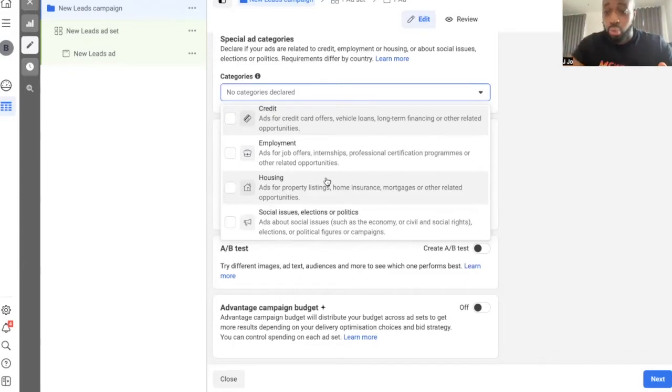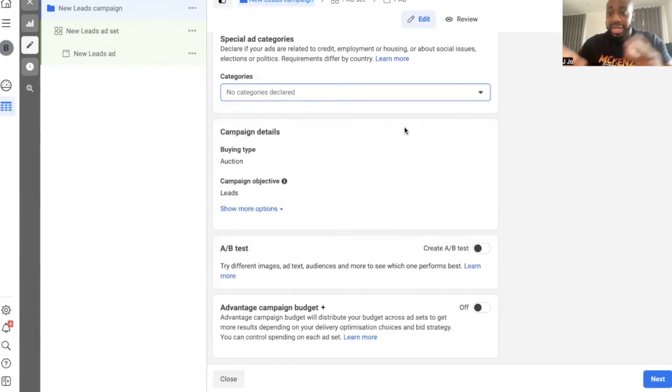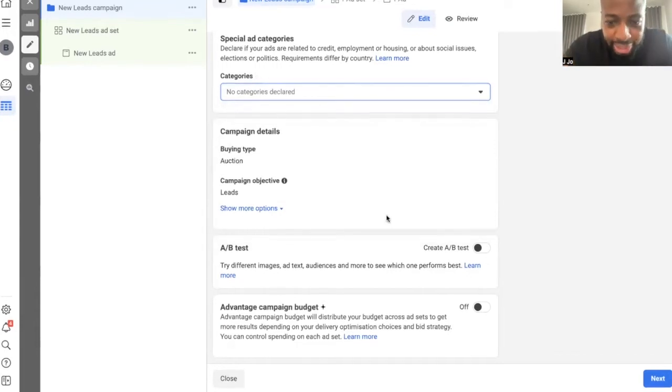You got to follow the rules, guys, especially when capturing leads, because this is people's information. So understandably, Facebook is going to be a bit more strict because this is people's personal information that you're going to be gathering, right? So once you've selected any of these that relates to the industry that you're in, then you can come down to advantage